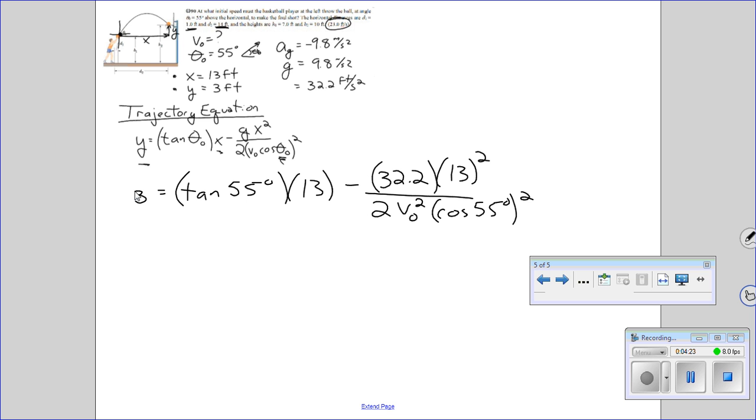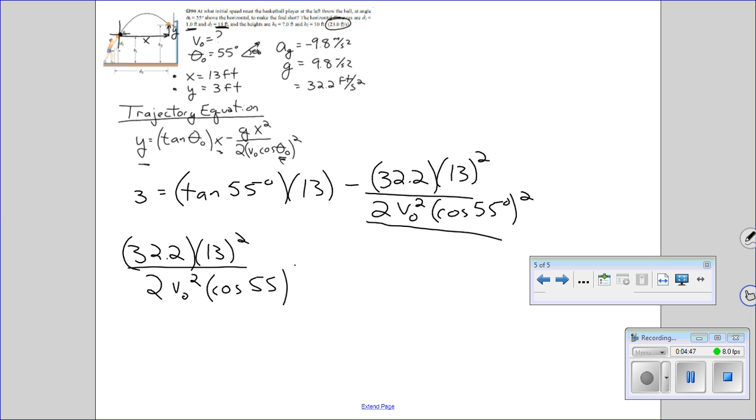So we've got to do the algebra on this thing. Let's move this mess to the other side and move the 3 over. So we're going to get 32.2 times 13 squared all over 2 v naught squared cosine of 55 squared equals tangent of 55 times 13 minus 3. Then let's get rid of everything except for the v naught, so I'm going to end up with 1 over v naught squared